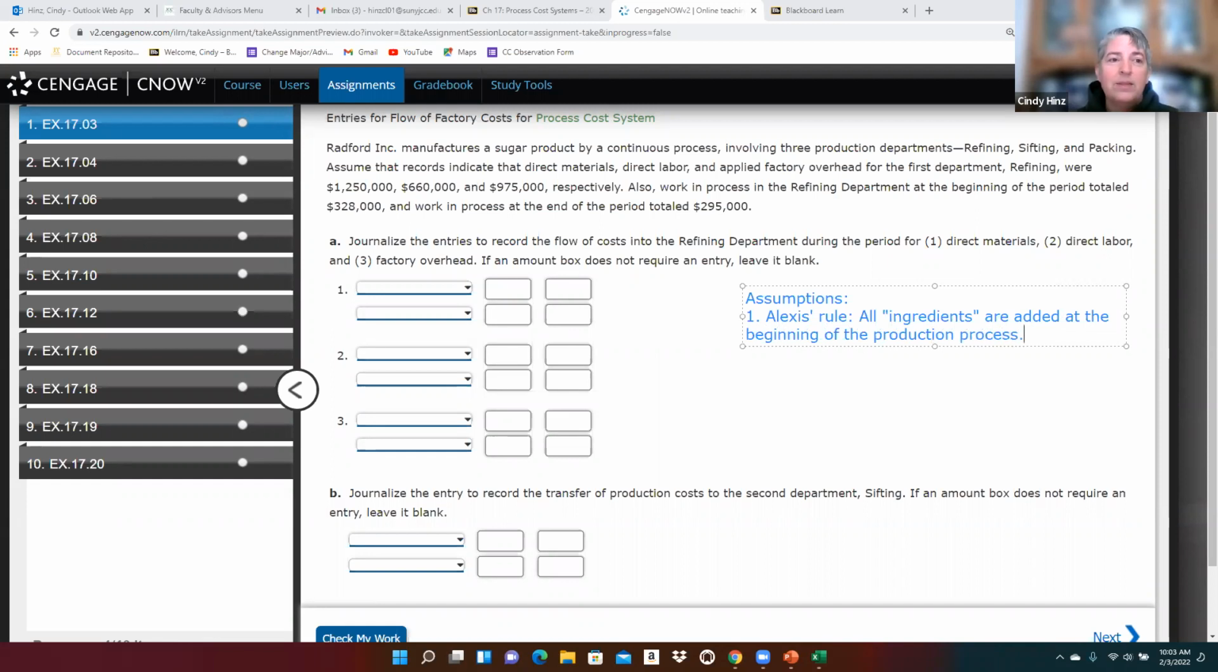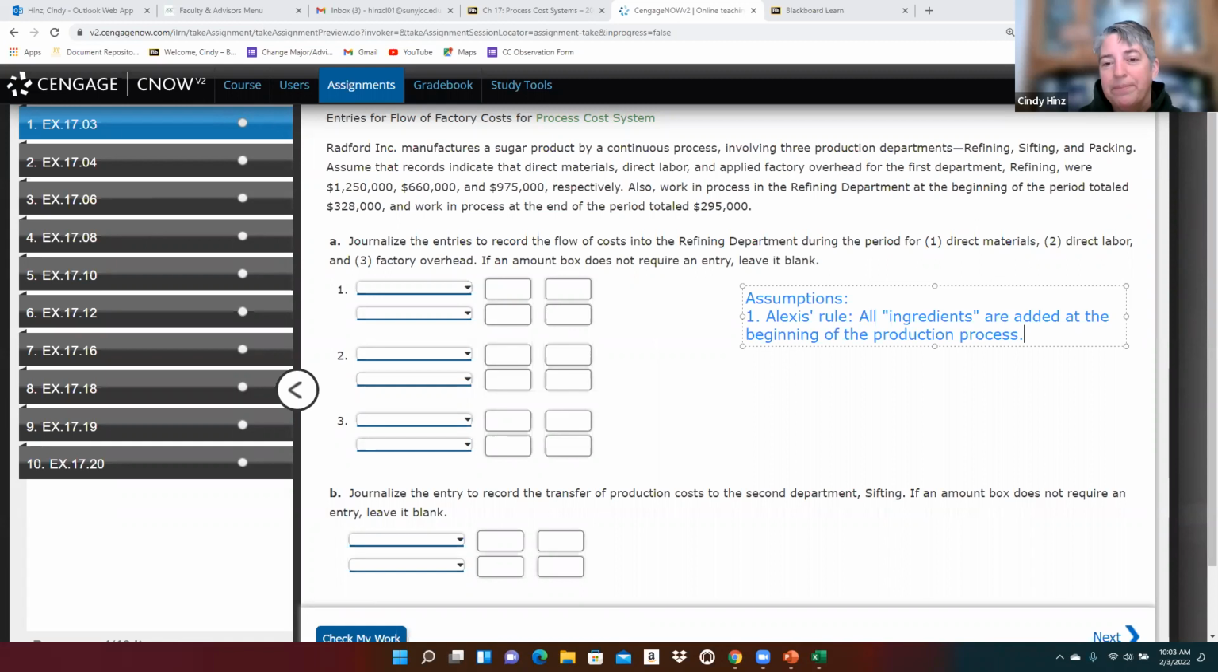So that's going to be Alexis's rule. Throw everything in the bowl and then start mixing. Now, I just described to you the actual typical directions for making cookies, and that's not how the directions indicate